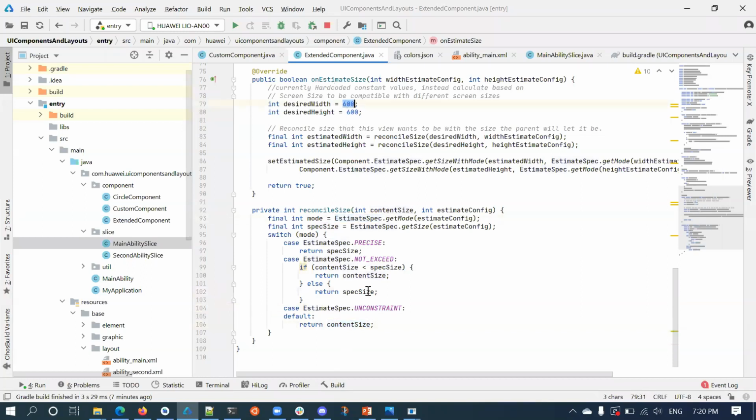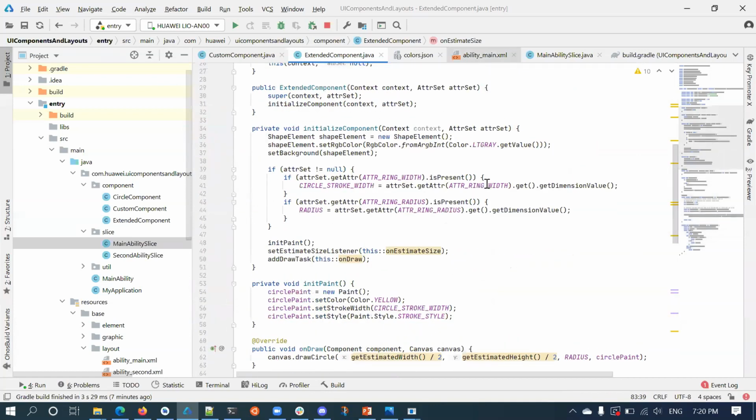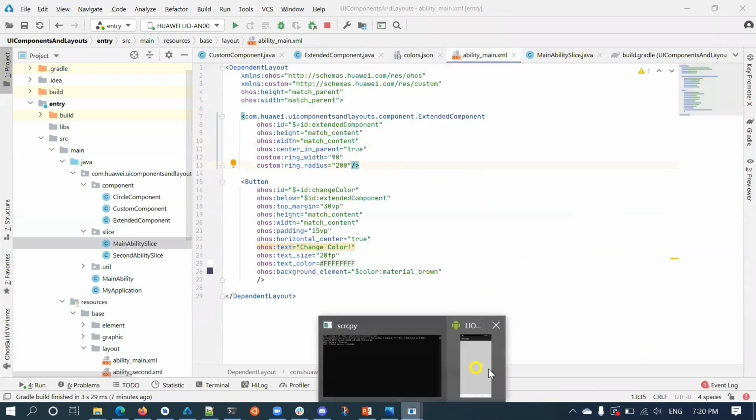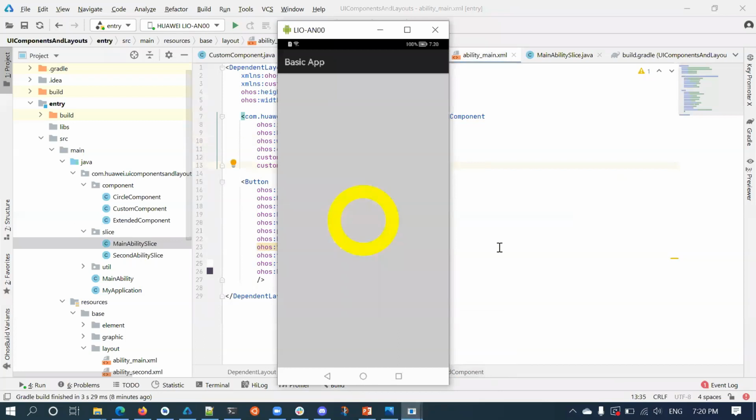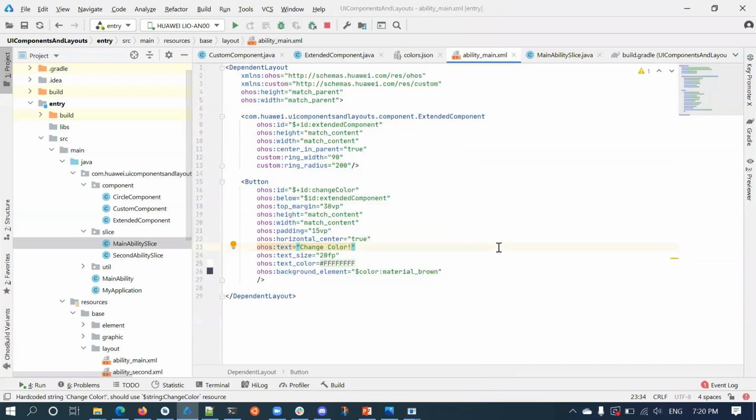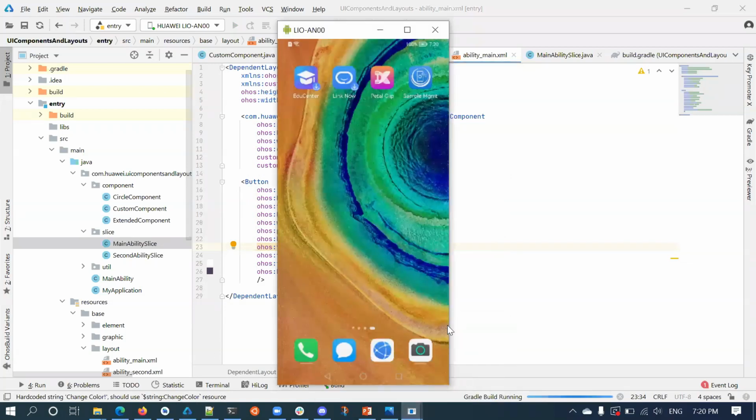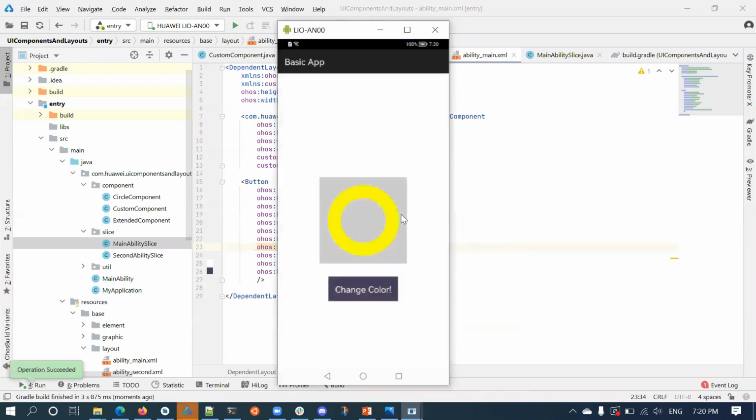After estimating width and height, I will set it using set estimated size. Now you see, I have match content. Earlier, when I used match content, it filled the whole screen. Now it is taking that 600 only. Okay.